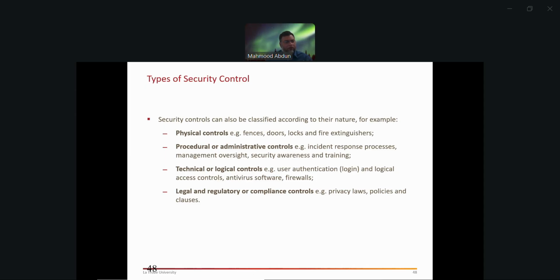And finally, what we haven't called out is the legal or regulatory controls. The difference between administrative procedural controls and the legal controls is this: in the procedural administrative controls, you have a process that you follow to counteract the incidents. Regulatory controls are basically already in place. So basically, there are some rules and regulations that if you violate, then you're in trouble. So there are two different things.